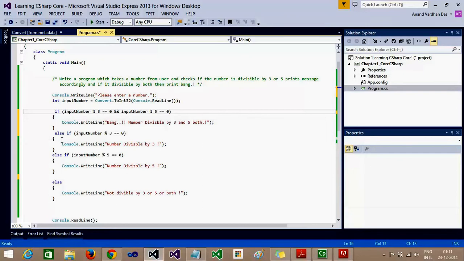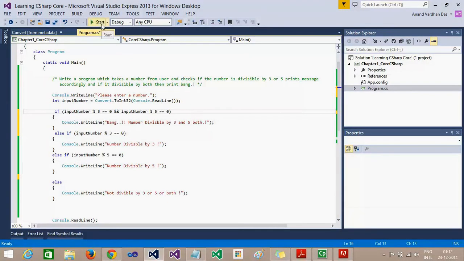It will go to else if, and then it will check again if it is divisible by 3. For 9, yes, then it will print 3. Now if I enter 10, this condition is not met. As it is a logical AND operator, the control will come out, because the first operand itself is false. It will skip this condition, check the next condition, which is also false, then check this condition for 10, it is true, and it will print 5.